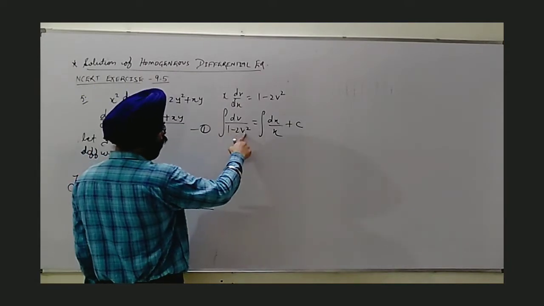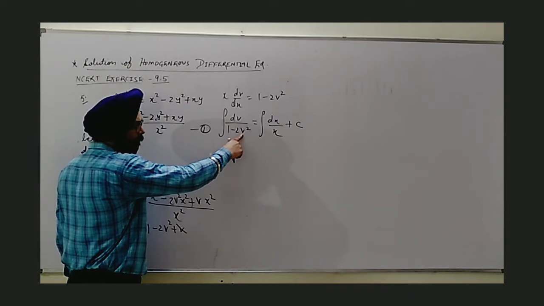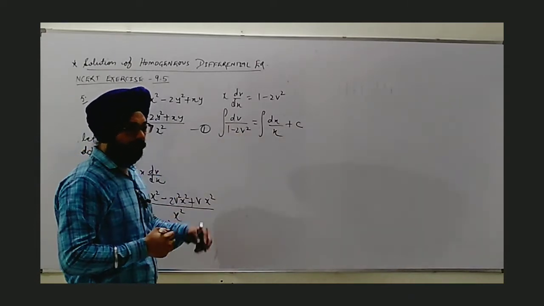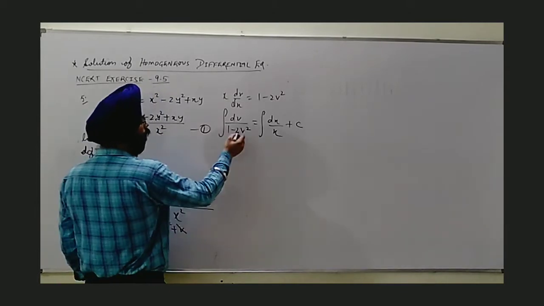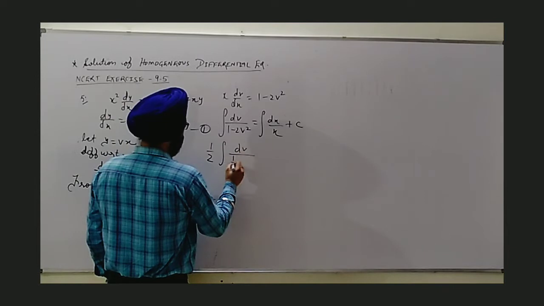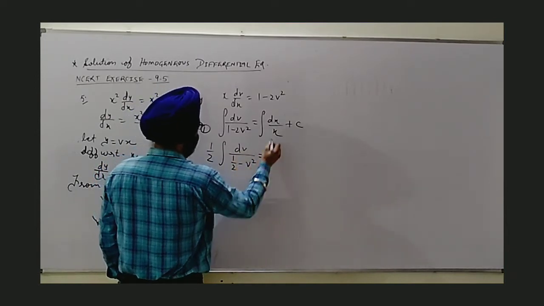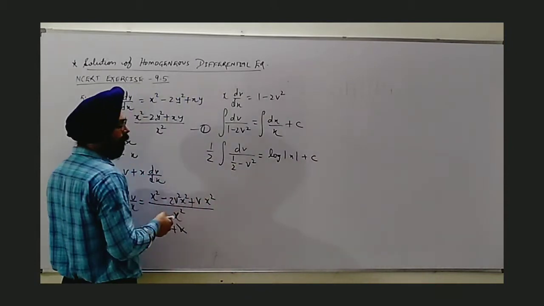Here we see it is quadratic, but one term is a constant, the other is of this degree. So we will solve by the standard integral. Okay, so here 2 will be common. First of all, we will write dv. It turns as 1 upon 2 minus v square equal to, meantime, we get log mod x plus c. This only we need to solve now.